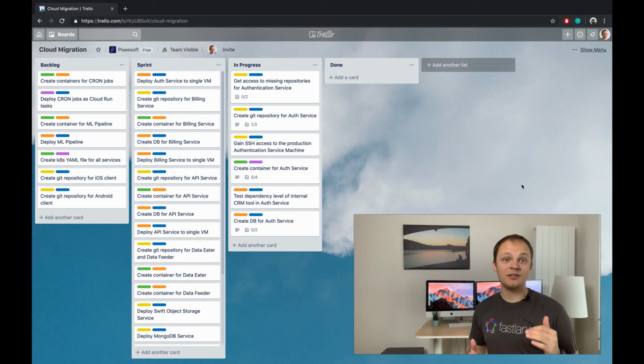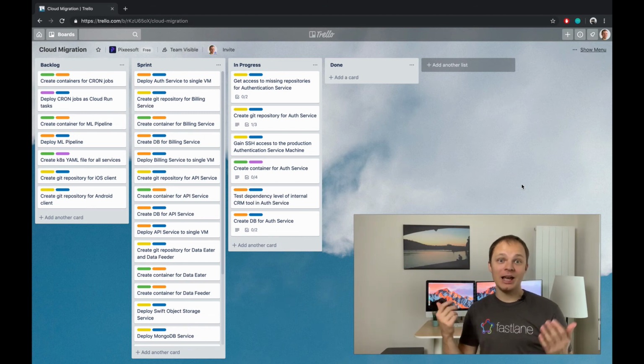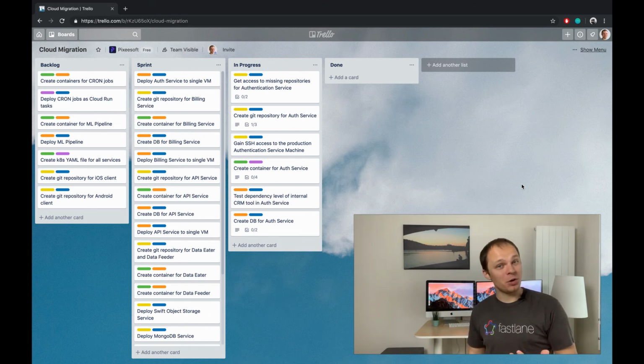Also, I have increased the value of containerizing the auth service to large, as there is a lot to be configured in the container in order for the service to actually start running. It's basically developed as a full monolith. Everything on the same machine, backend code, database, and the GUI. It will obviously go through a major overhaul, but that will come once the migration itself is done and the system is running on cloud.